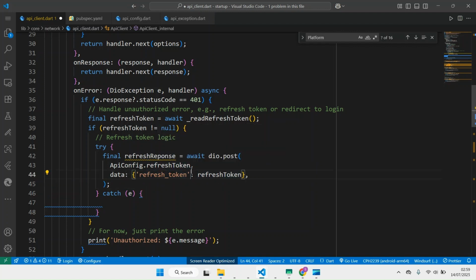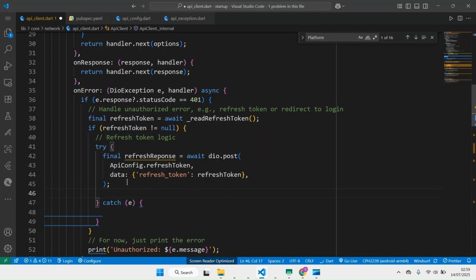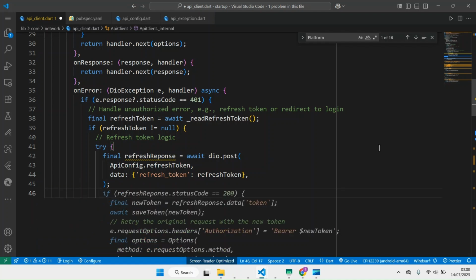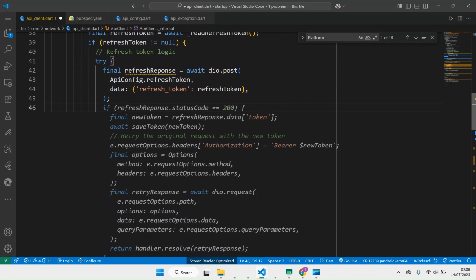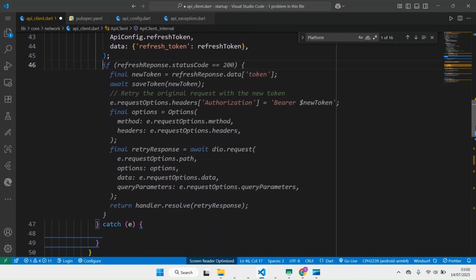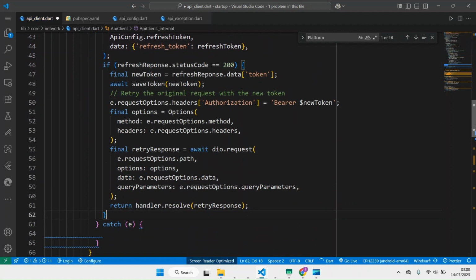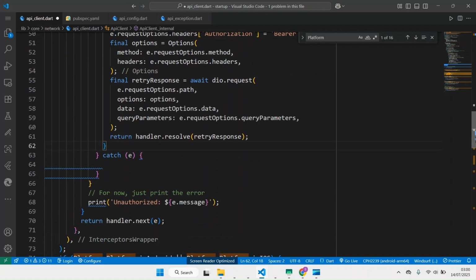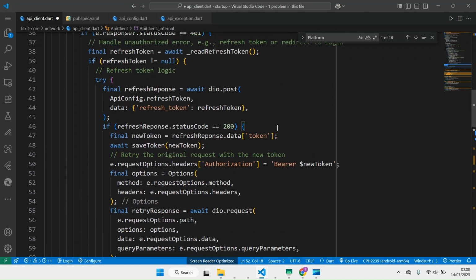We get now, okay, we pass now the data. Sorry, we pass the data. We send the refresh token to the response. If we now get the data, we can do here response. Let's do, yeah, I can take this one. Okay, so we can do